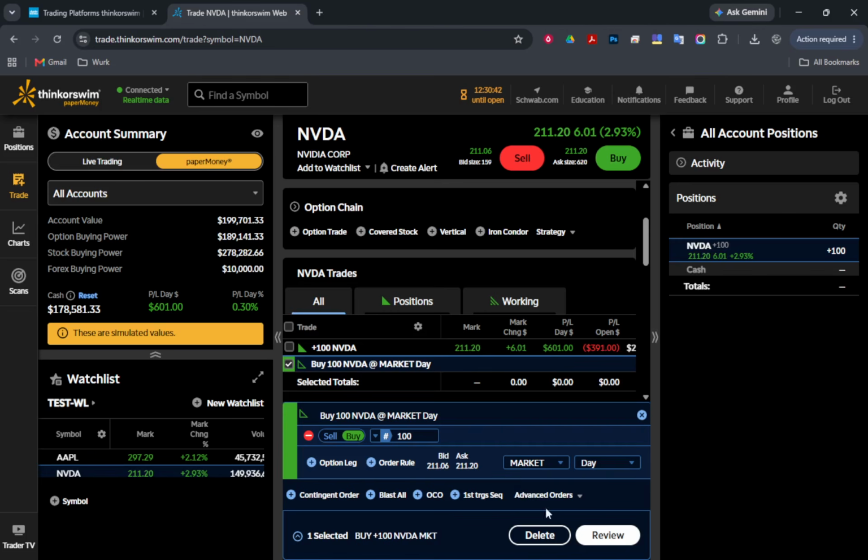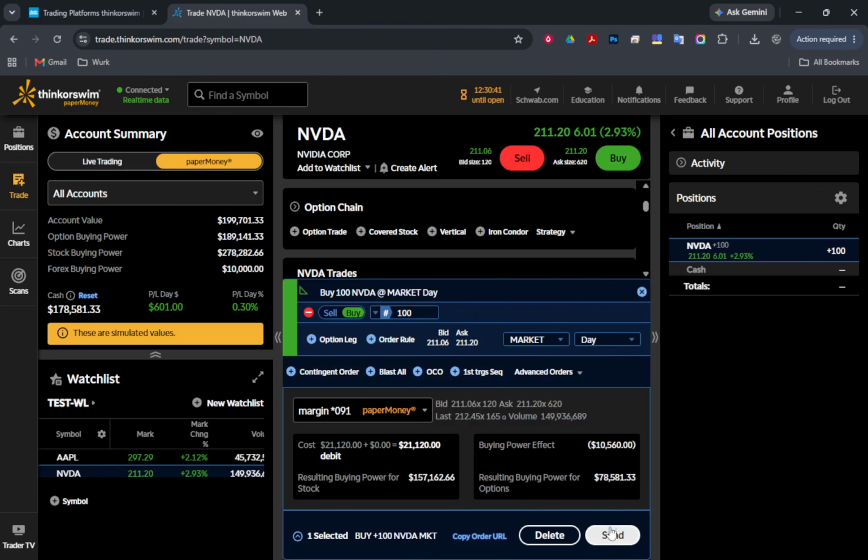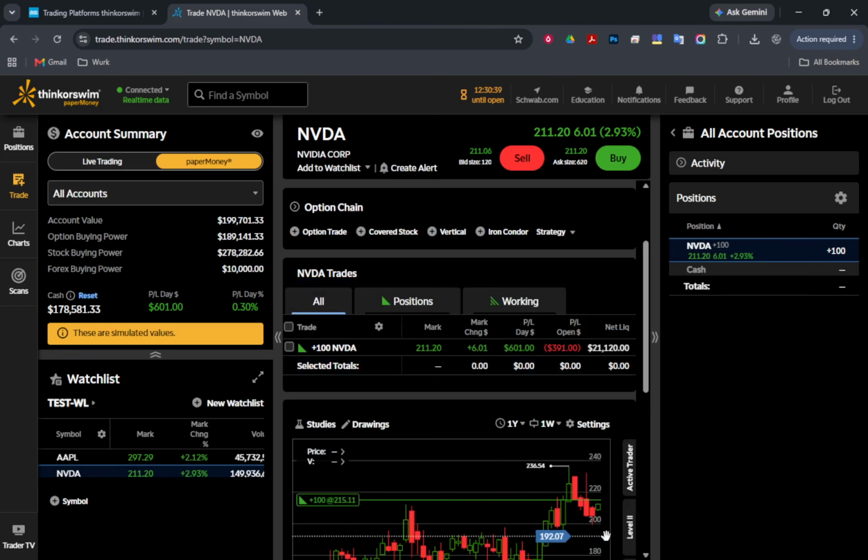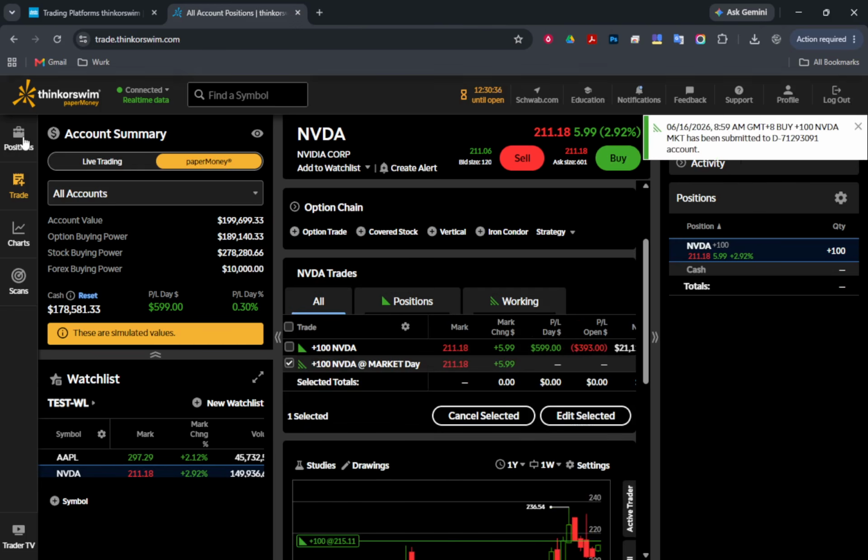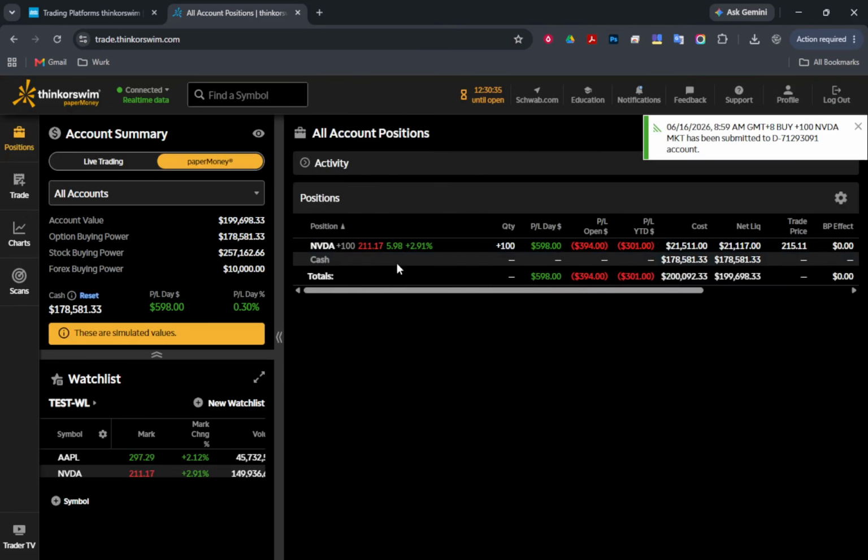After you've placed your trades, the next thing you'll want to do is monitor them. Navigate to the Monitor tab. Here you can check your open positions, view your profit and loss, and review your order history. Monitoring is essential because it helps you track your performance and make informed decisions.